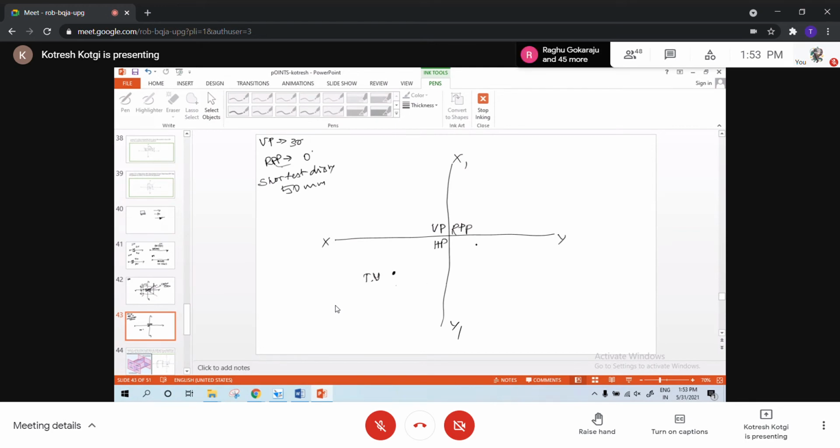Now, where should I draw the 45-degree line? Beside HP. Blindly I can draw the 45-degree line beside HP irrespective of the data given. Now assume this is the 45-degree line. Now what have they given? They have given that the side view is at a distance of 50 mm. If I measure the radius 50 and draw an arc, on this arc the side view A double dash will come. You're getting my point? But where it will come on that arc, we don't know.